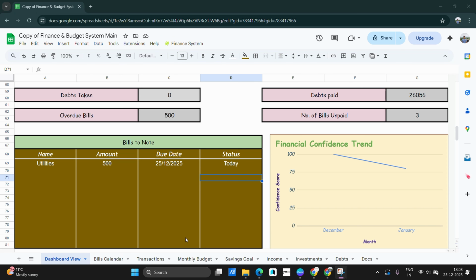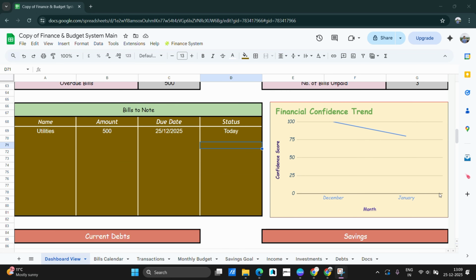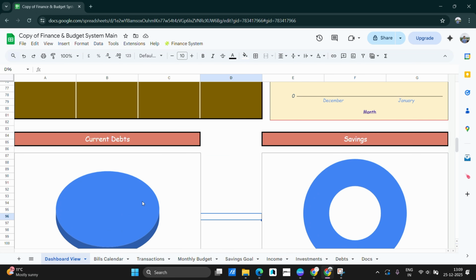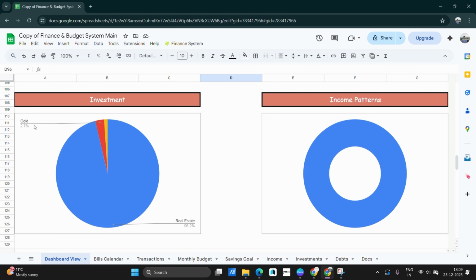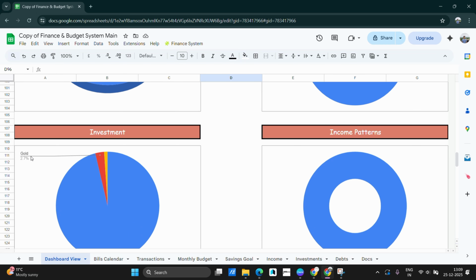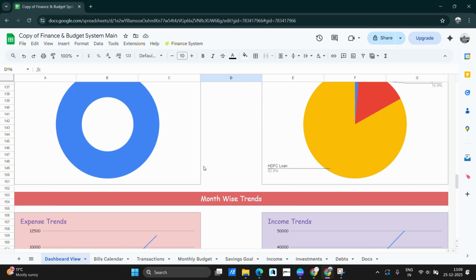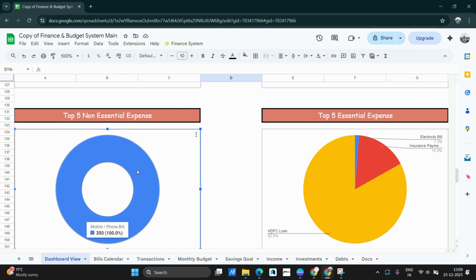Okay, now you can see as we have updated the bill, new bill. Okay, and you can see it has also been updated over here to bills to note, with the name, utility, amount, due date, and status today. Okay, then trend over December to January, it has moved down. Okay, current date, CFC loan, savings, it's Europe trip. So when it will be 2, so it will automatically give data in this way. Okay, so here you can see gold, real estate, and fixed deposit is 800. And here this is non-essential expense, top 5 non-essential expense, and this is top 5 essential expense,